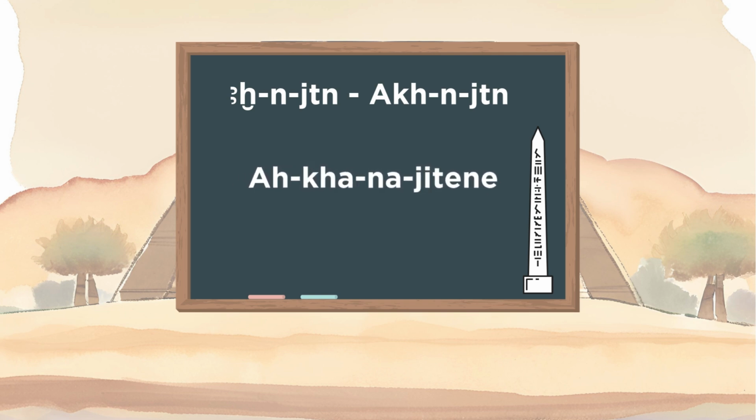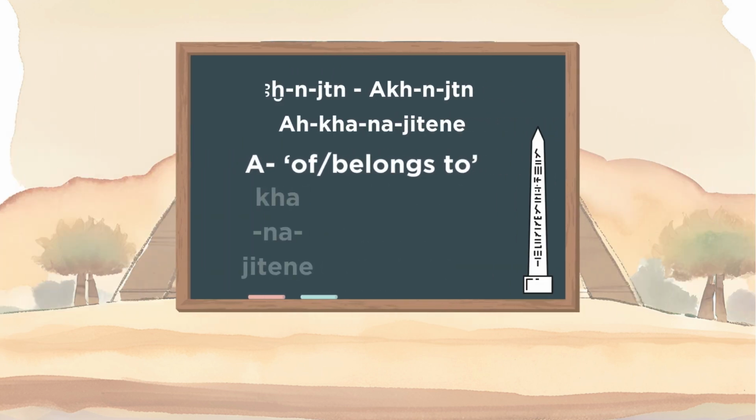We get this correct pronunciation by using vowels from the Proto-Bantu language, which allow us to understand how Aga Najitene was actually spoken by the ancient Egyptians. A is a synonym for of, with, or belongs to. It is the same sound found in Pawantu, Amankosa, Ava, and other Bantu-derived languages.